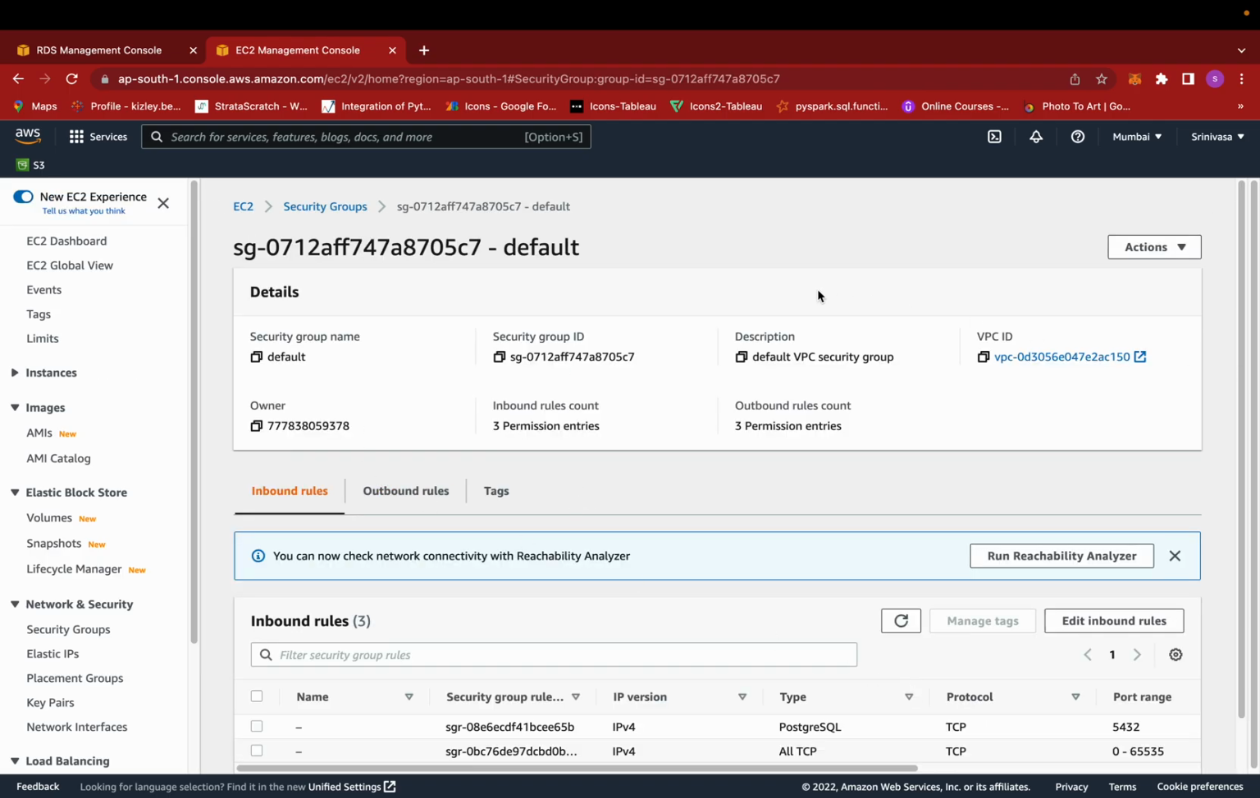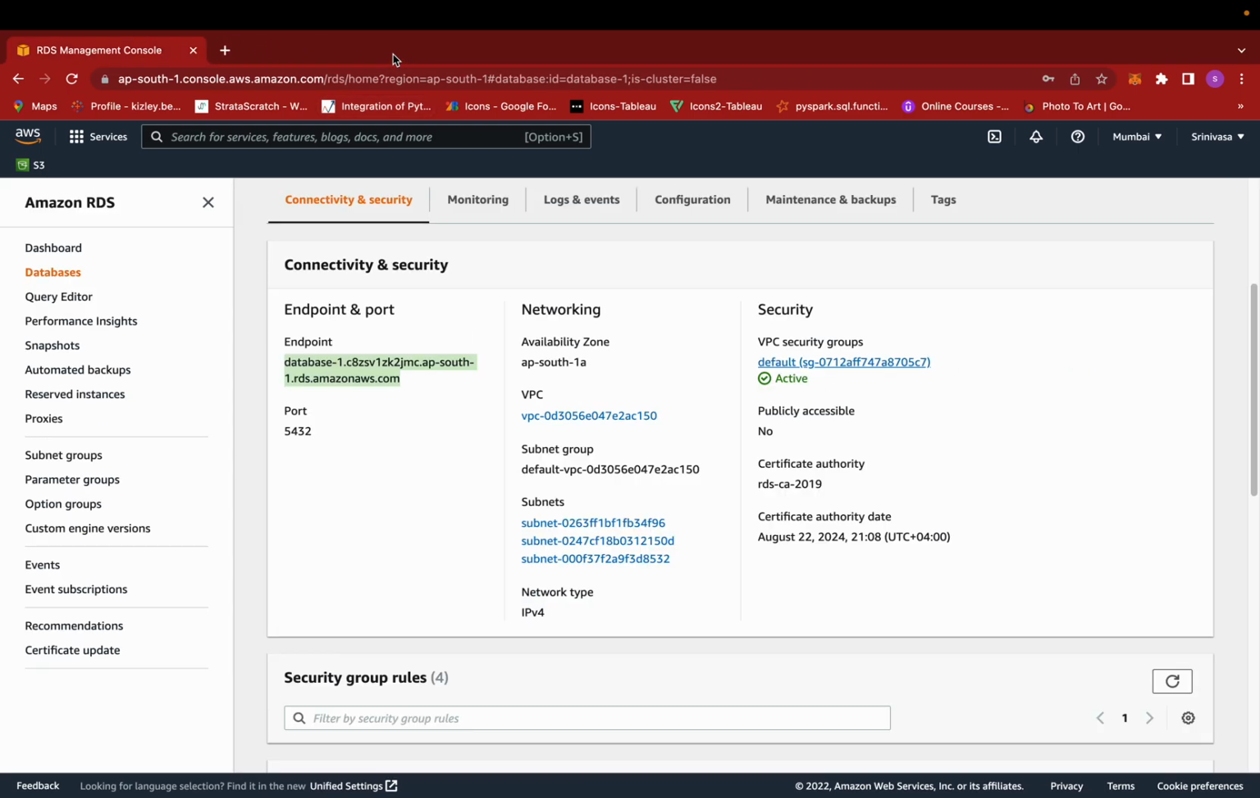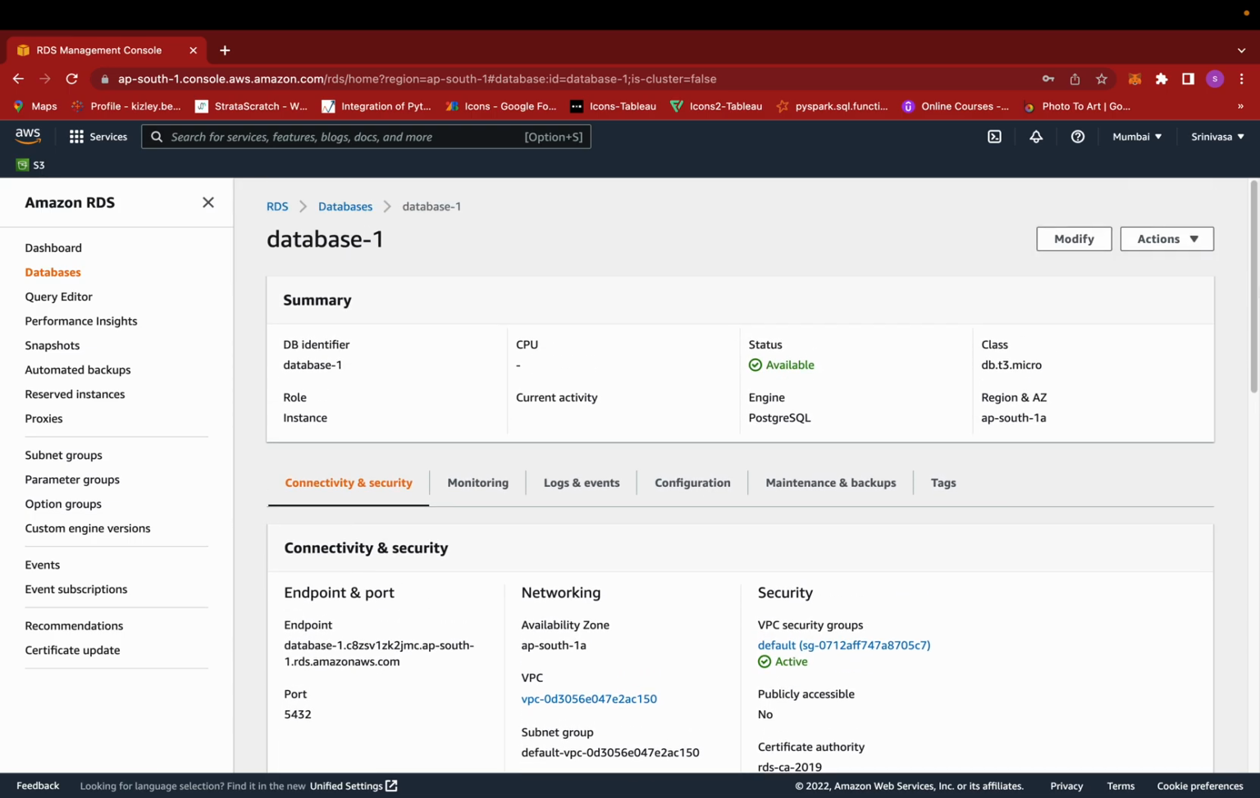There is one more important setting you need to understand in RDS. As of now, the publicly accessible setting is configured to no, which means it will not allow you to connect to this particular database at this point in time. If you want to change this, go to the top and click on the modify button,